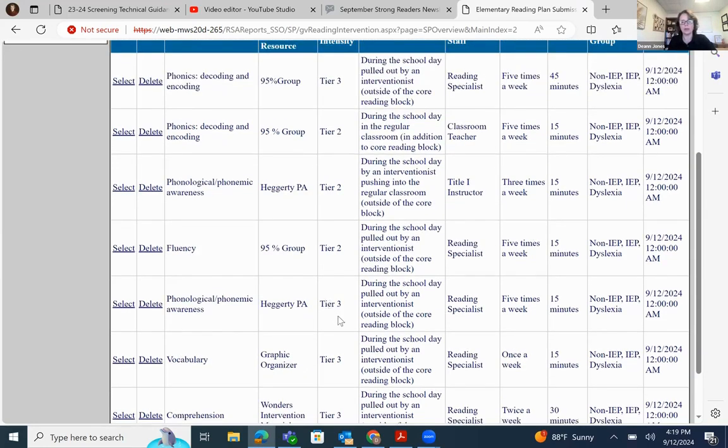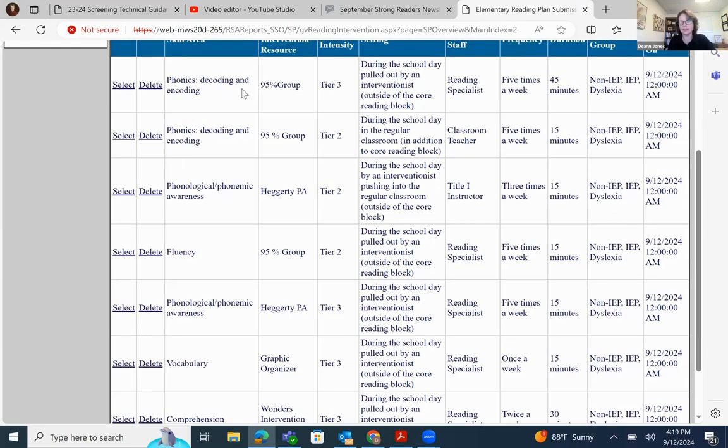Another thing I want to point out is you may not be pulling this many, doesn't necessarily mean you're pulling this many separate times and seeing this many groups separately. It could be that your reading specialist is pulling tier 3 kids and they're working on phonics maybe 5 times a week, but in that same time she's pulling them, maybe once or twice a week, they're working on vocabulary as well, and they're working on comprehension as well.